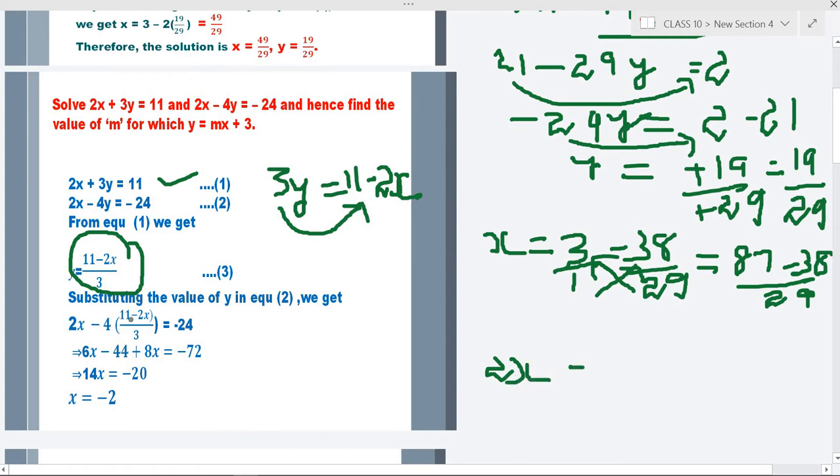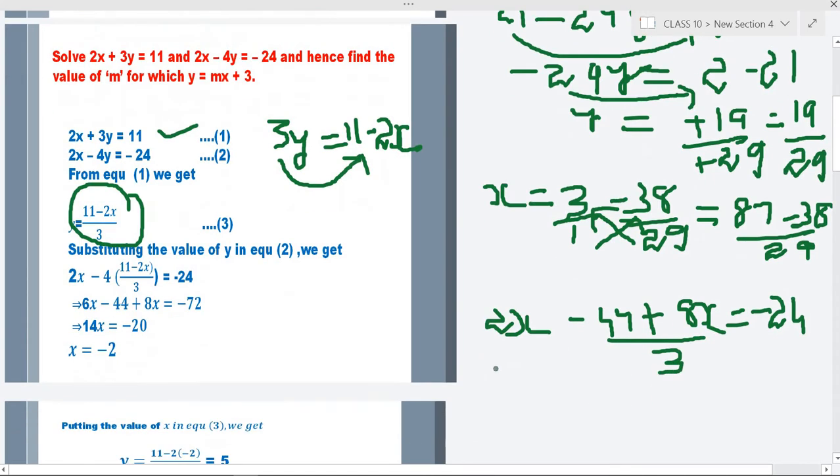Remove the bracket, multiply with 4. When you multiply 4 with 11, you get 44. Multiply both the terms. So first term when you multiply with 4, you get minus 44. And in the second term, minus 2x is there. You multiply this minus 2x with minus 4, you get plus 8x. RHS is as it is, 24. And what about the denominator? You have not yet touched the denominator. Here is the denominator, 3.